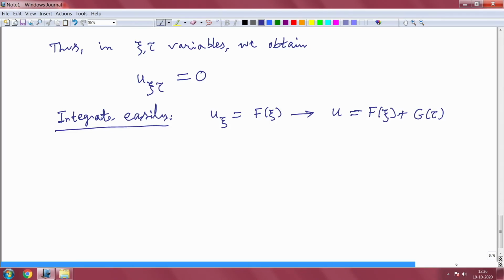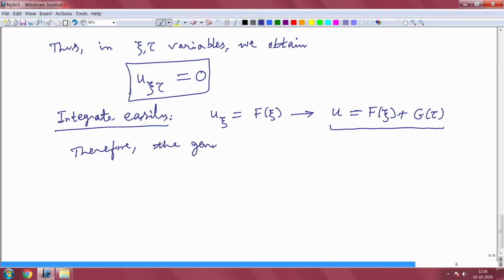Okay. You can easily verify that if f and g are two times differentiable, any function of this form satisfies u xi tau equal to 0. Therefore, the general solution of